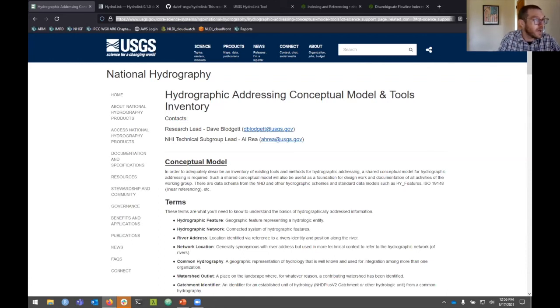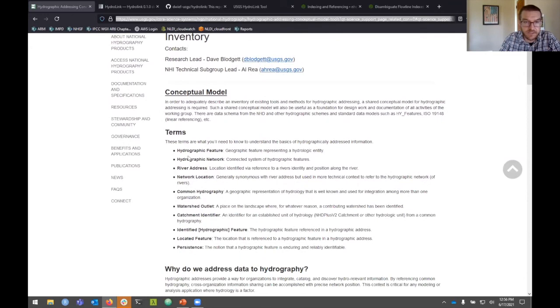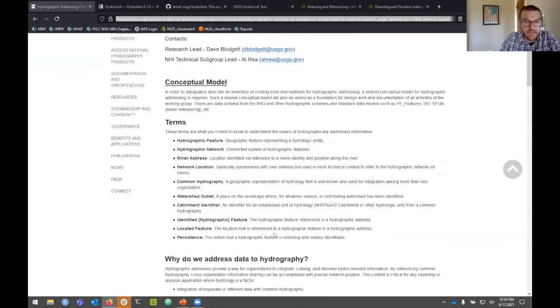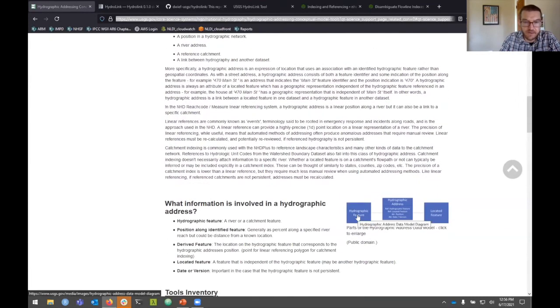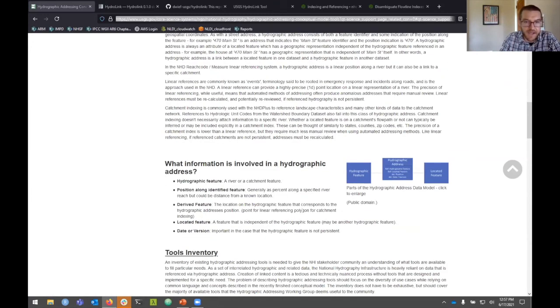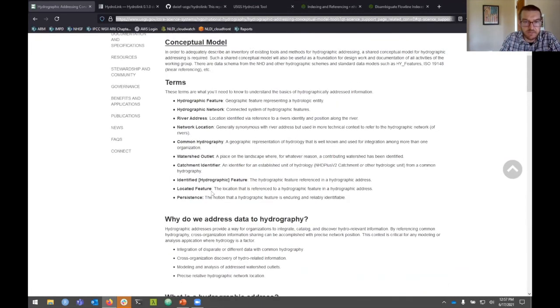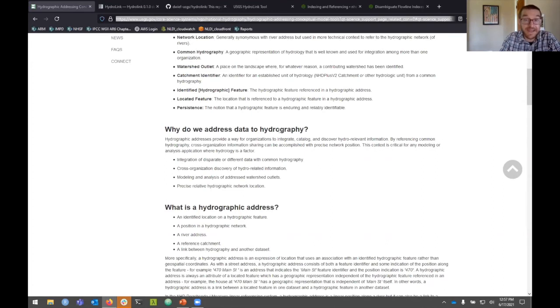All right, so this first one came out of the National Hydrography Infrastructure Working Group, which is a group of largely federal stakeholders talking about how to go forward with the National Hydrography Dataset and its data model and all the various things we want to do with it. And so this is a conceptual model with some terminology to be used for hydrographic addressing. It's very much rooted in the material that I've already discussed with you, but it goes a little bit more specifically into the terminology of the data sets and the practices that are common among hydroscience practitioners in the US. Essentially we've got a conceptual model, some terminology, and it talks about how we address data,